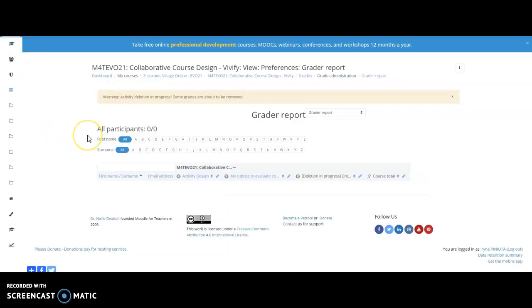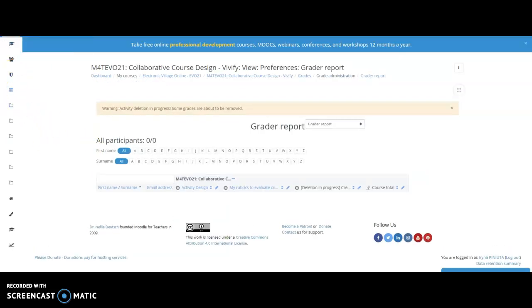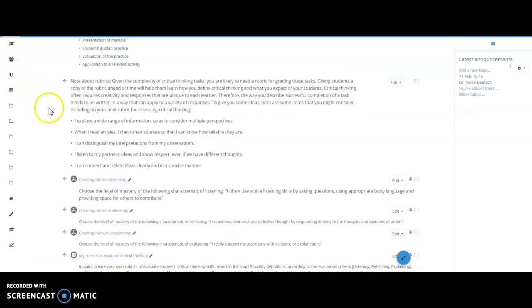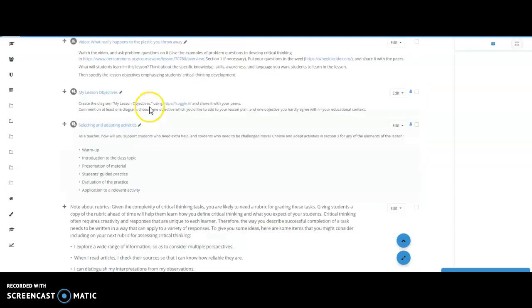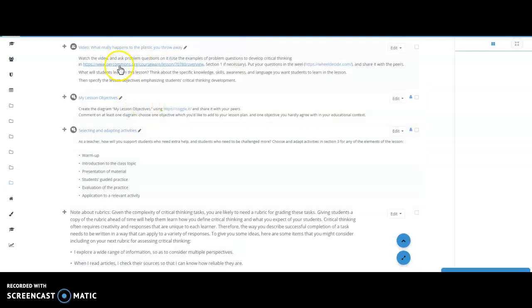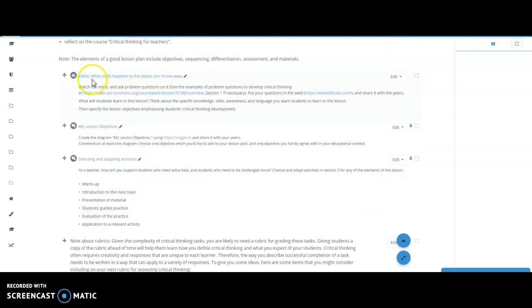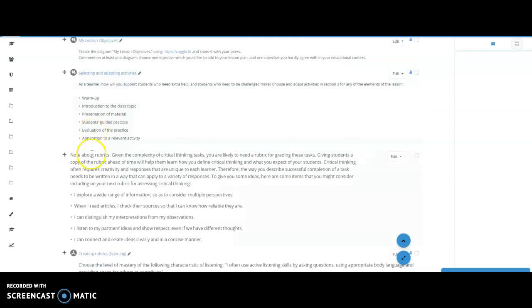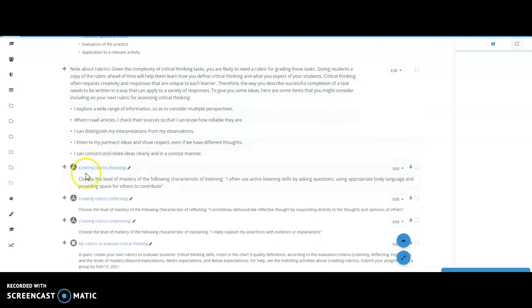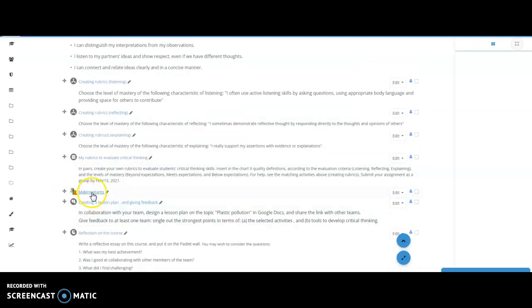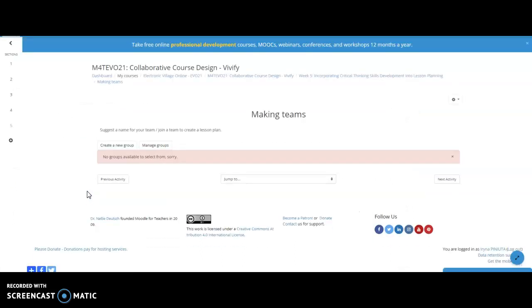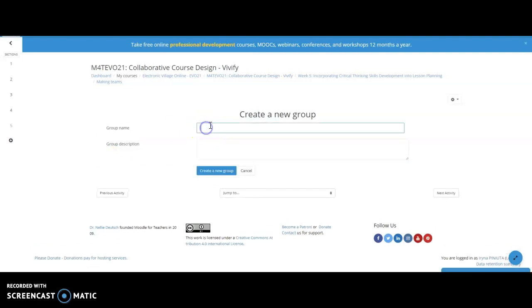What is interesting about this very designing the course as a manager is that we can add videos, we can add discussions, we can add different tasks, let's say matching tasks here, and we can make teams. It's interesting. If you want our students to get into groups, create a new group, and the students can